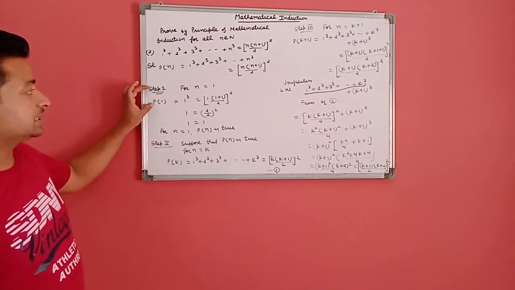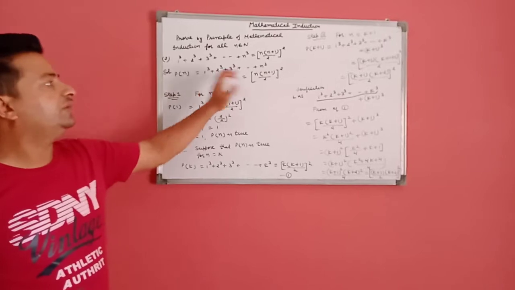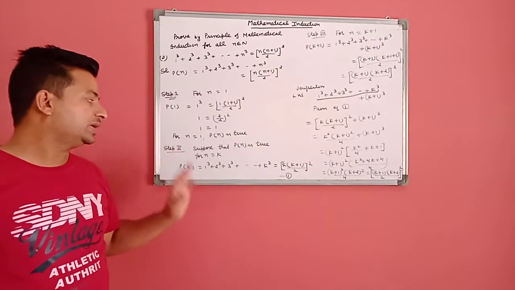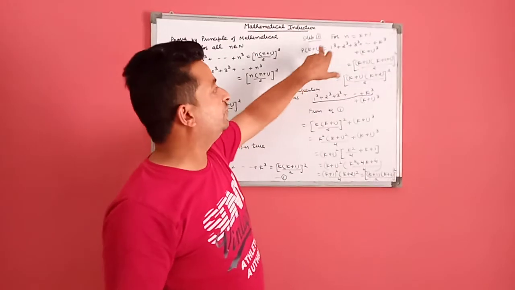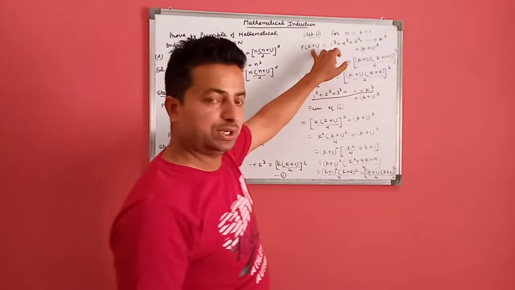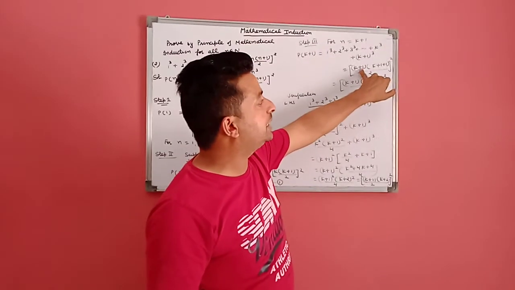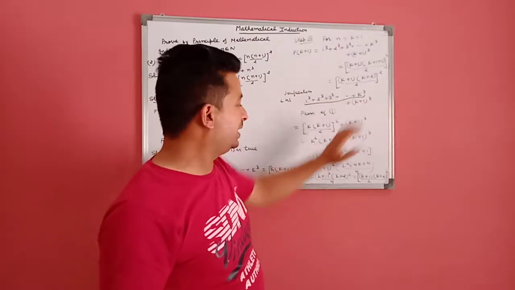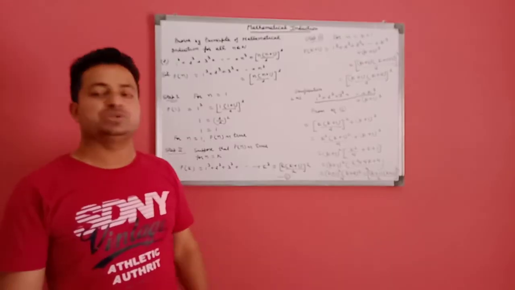This means left hand side is equal to right hand side. This is the verification of this question. In step 1, for n is equal to 1, we verify first term equal to right hand side. We verify also last term equal to right hand side. Then this step is true. In step 2, we suppose that for n is equal to k, Pn is true. In the third step, n is equal to k plus 1. We verify this by taking another extra term in k plus 1. This is Pk, we take k plus 1 whole cube. This is the additional term. In the right hand side, in place of k, we put k plus 1. We verify this by taking equation number 1. This means this side is equal to RHS. This is the verification of this question.